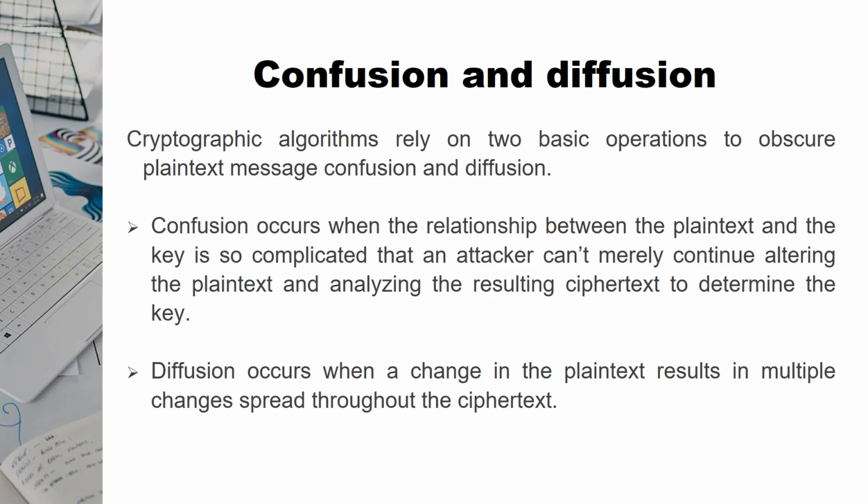Both confusion and diffusion are necessary for a stronger cipher. Confusion makes it hard to relate the cipher text to the key, while diffusion hides patterns in the plain text. Most modern block ciphers, such as AES and DES, use multiple rounds of operations that alternate between confusion using substitution and diffusion using permutation and mixing to achieve a high level of security. So in summary,